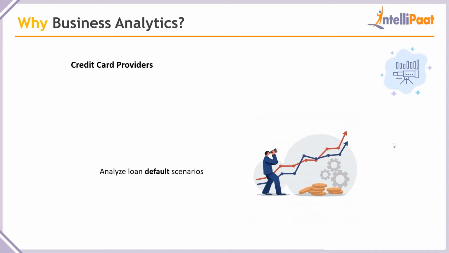I'm sure you guys have been in that place where you must have a high score to get a bigger credit. And what do you think drives that score, right? It's all business analytics. Credit card providers set a limit for you not just based on one factor, your salary or whatever it is. They're going to have a database on you, and they're going to think about a lot of things before putting out a credit number saying, hey, you're eligible for this amount of credit. So when you think about it, business analytics is booming there as well.